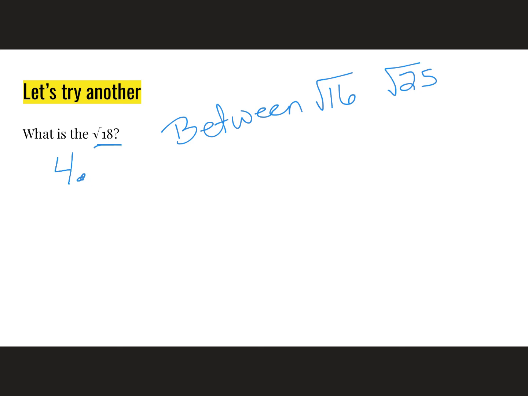So next we need to find the distance between 16 and 25. To get from 16 to 25 is a distance of 9. Then we have to find the distance between 16 and 18, which is 2. So I know that it's going to be